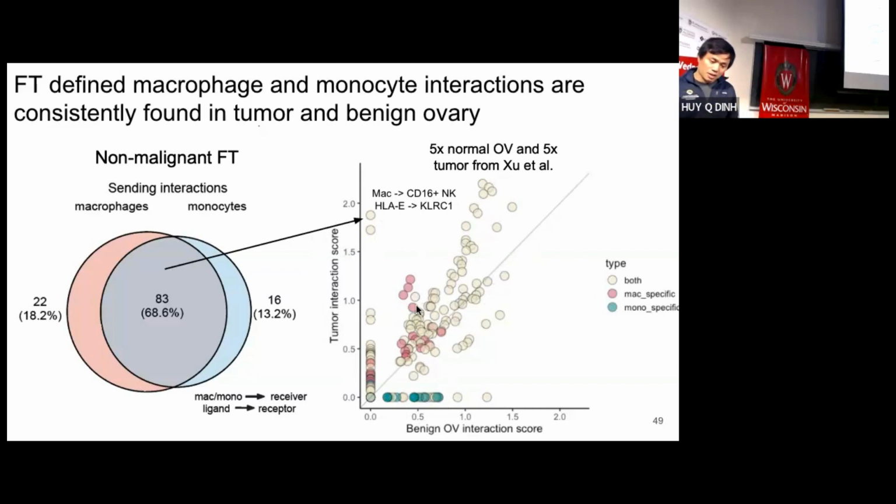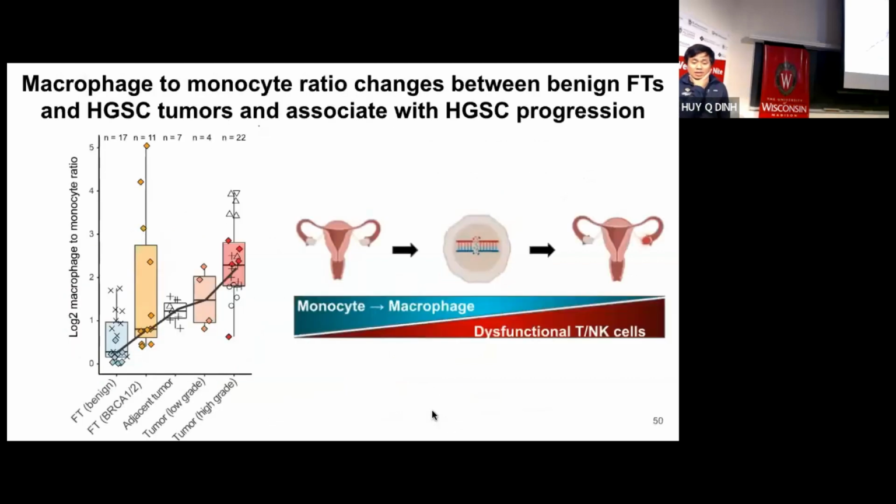One issue is if you notice here, the interaction that's specific for either macrophage or monocyte is very low compared to the shared ones, right? So that is one of the challenges. If we want to take this and develop a biomarker, that's going to be very challenging because the expression, at least in the RNA, what we detect here, is very low, right? So that is the current one we have, and we're trying to work on that.